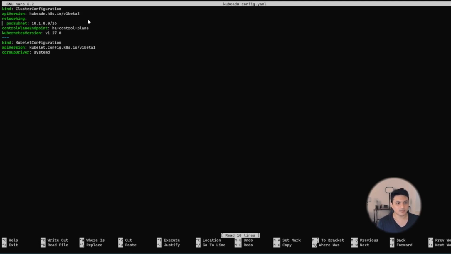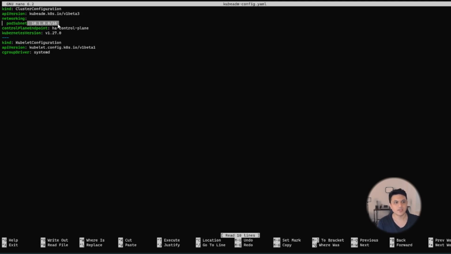The networking part, the pod subnet, is the CIDR network block that we are going to assign to the pod networking in Kubernetes, and it's going to pick this range of IP addresses from the CIDR block. Make sure that this is not conflicting with any of your existing CIDR blocks. If so, just simply change it. And later we are going to install a network add-on for Kubernetes, and we also have to consider the change, so the value from here should be the same as the one that we are going to have inside the